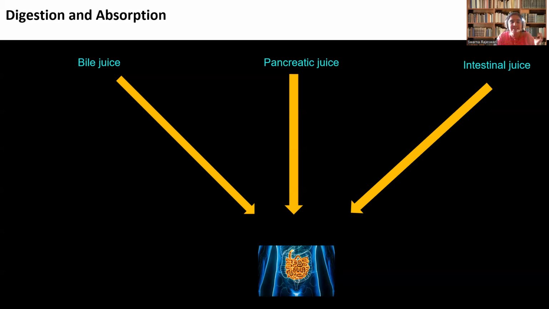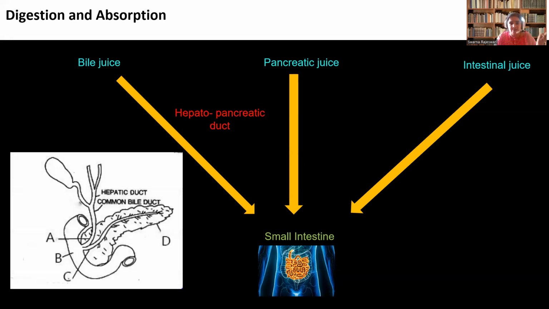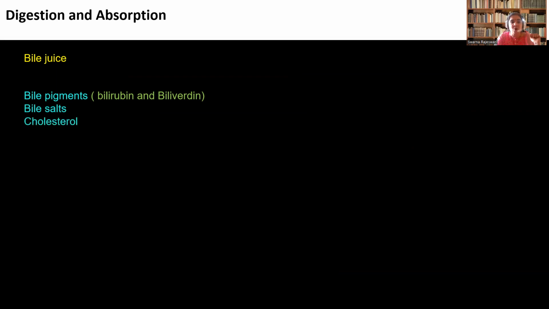So now we will see the action of bile juice. Bile juice as well as pancreatic juice are released into the small intestine by the hepatopancreatic duct. When we see the action of bile juice, bile doesn't contain any enzymes, but bile contains bile pigments as well as bile salts. So what are the two bile pigments? They are bilirubin as well as biliverdin, and bile salts. The bile salts are